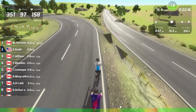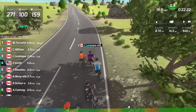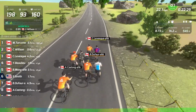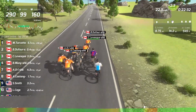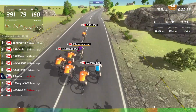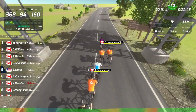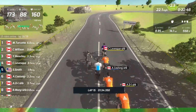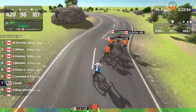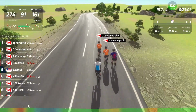I'm not sure on this particular one, there are some where I keep my momentum and I just coast, so you don't see the pedaling. But even when you're pedaling, your avatar is going to not pedal. It might only last for 2 or 3 pedal strokes, but it's a big difference compared to Zwift, where you fly around every single corner, and you don't even slow down. Like you're going 24 miles an hour, 30 miles an hour, and you come into a corner and you just maintain that speed. So you have to put in some watts out of each corner,